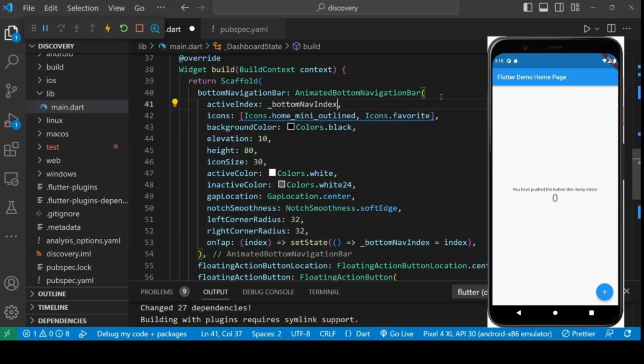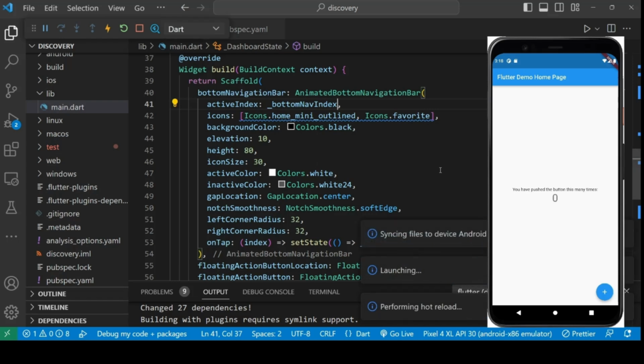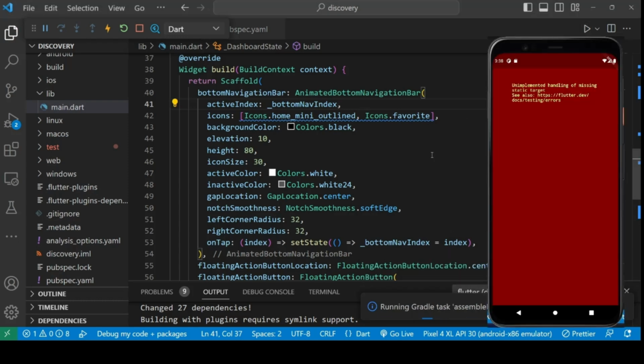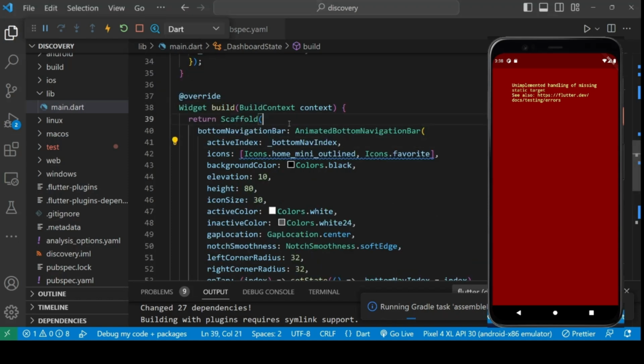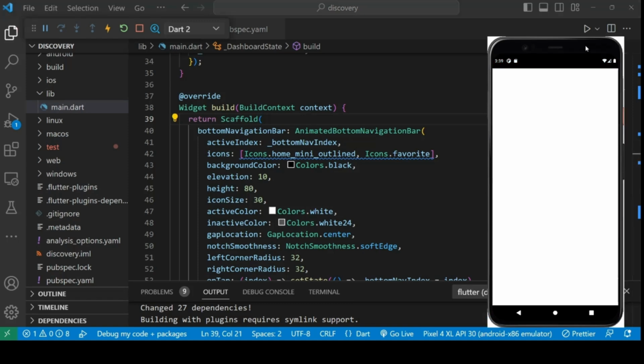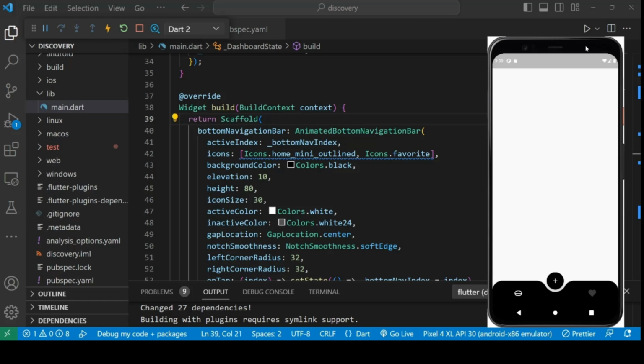For active index, we can go bottom left. And now let's run this and see how it is looking for the first time. Till app is ready. This is the result